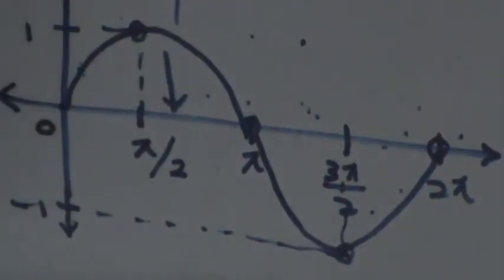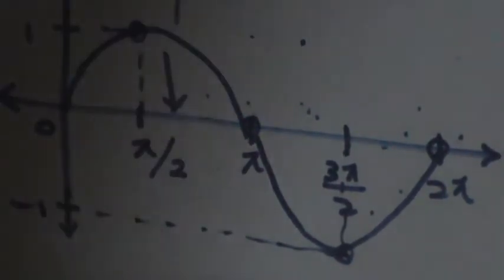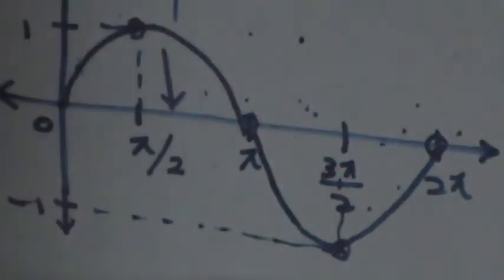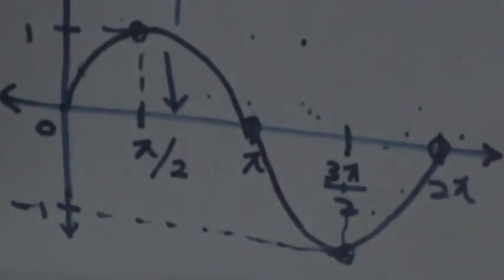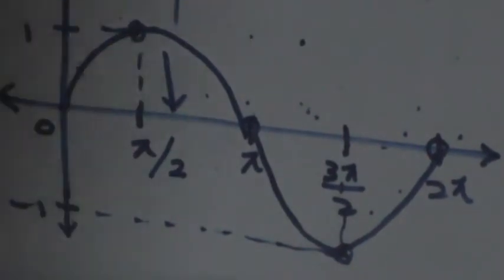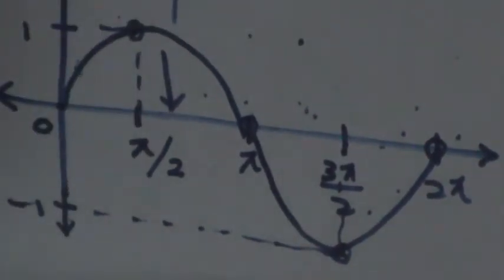I don't think that 10 seconds will be enough to draw a graph, not even to calculate the amplitude and the period of the graph, which are the basic functions as I mentioned. So I'll give you a 10-second break, but within that break you can pause this video and then you can do the sum yourself, and then you can check. You can pause it even for one day and do the sum yourself. Don't rely on others.